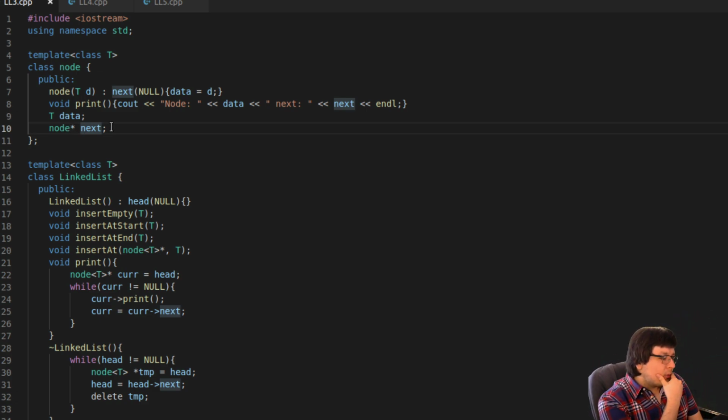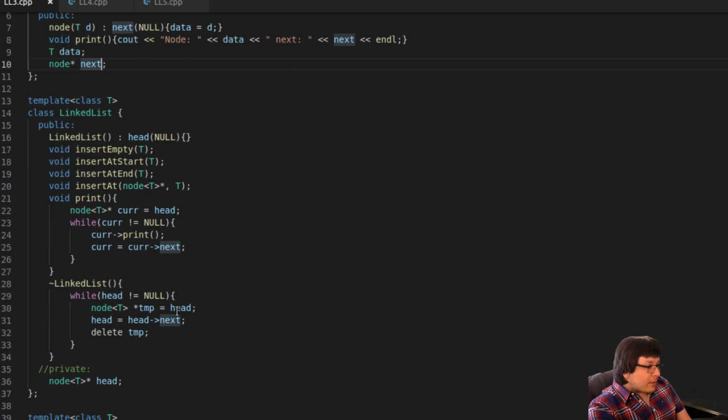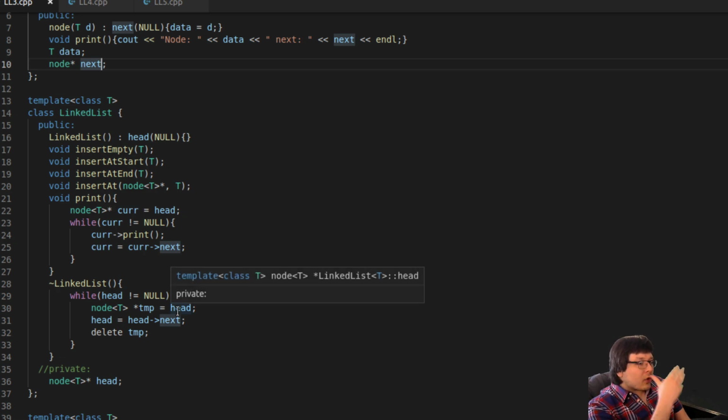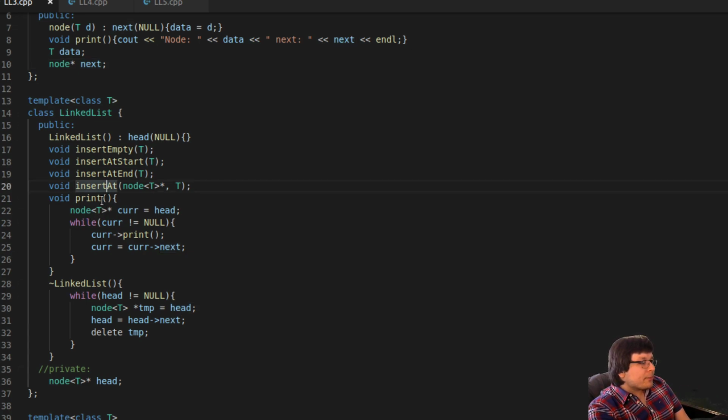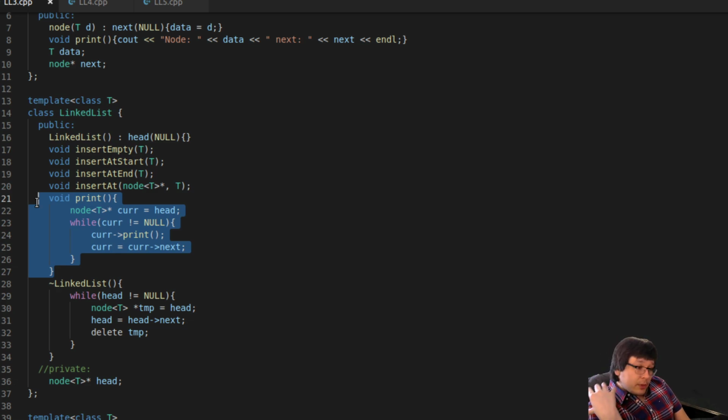Then we have 4 inserts for the 4 scenarios you can insert: an empty list, insert something, and then with a non-empty list, insert at the beginning, at the middle, or at the end. That is our 4 scenarios. We also have an insert at function, which is actually our middle insert. Then we have a print function, which prints the contents. This is not a circular linked list, so we know when to stop, which is when we reach that null pointer. The example I've been giving you for a couple of days is the road work example of the bridge being built, and it says road closed.